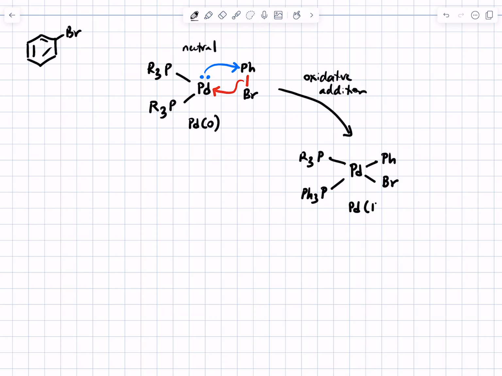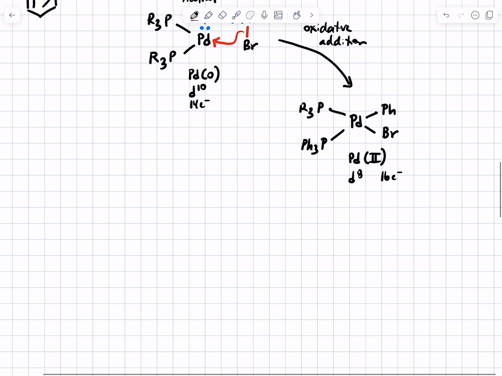You can tell that's the case because now palladium has 2 X-type ligands, the phenyl and the bromo. And it's a D8 electron metal, you can count the total number of electrons. It's 16 electrons total. Okay, let's see. Before it was a D10 with 14 electrons total. All right, now the fact that this is a 16 electron complex is important because at this stage we have